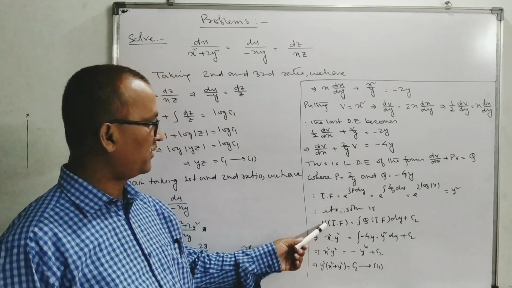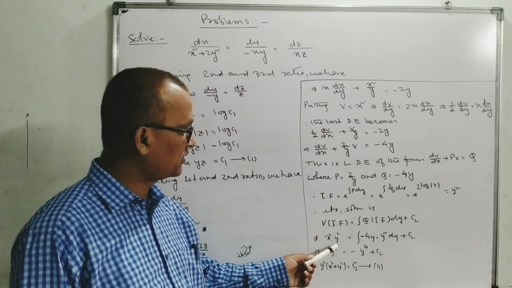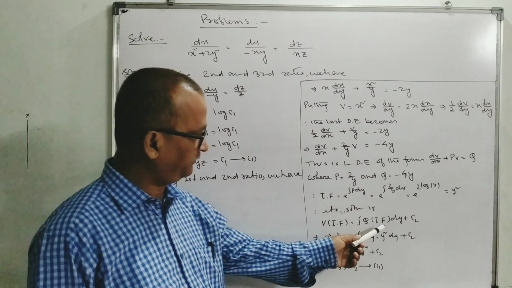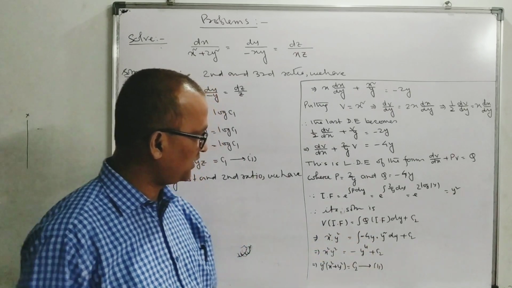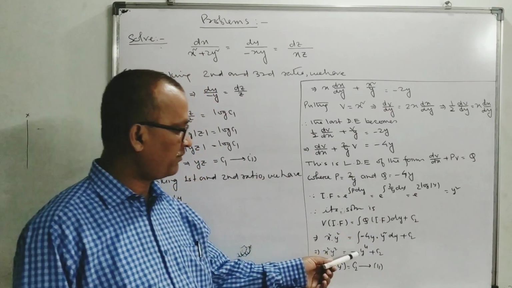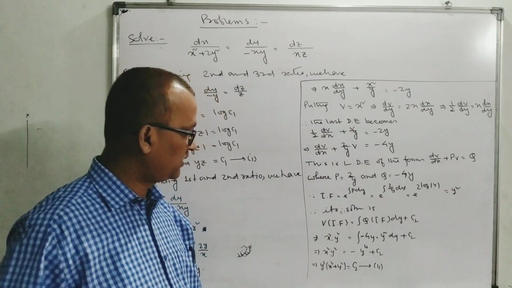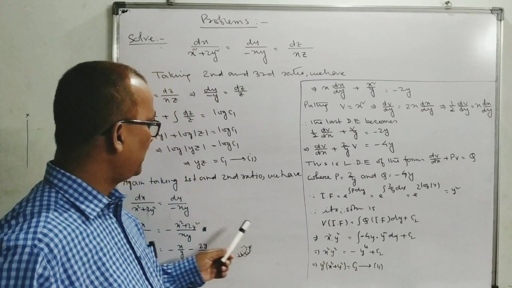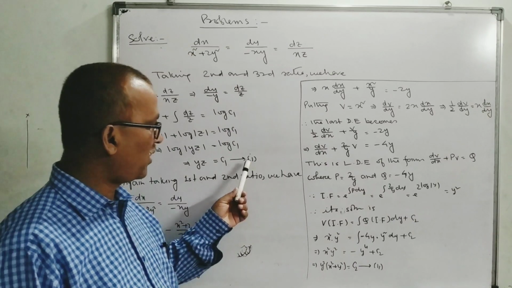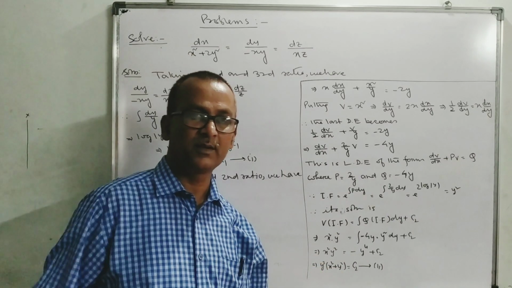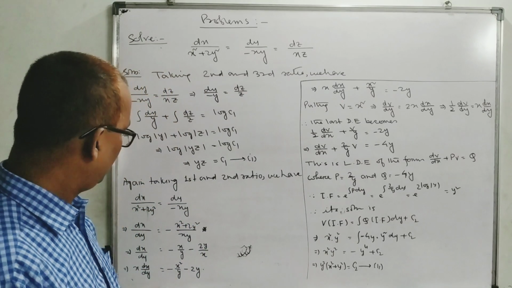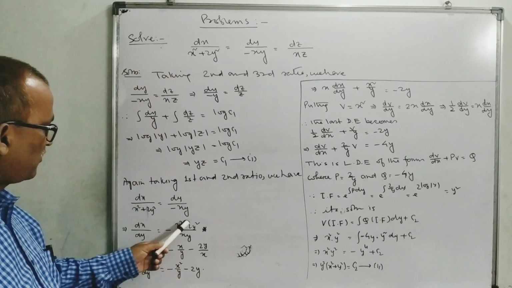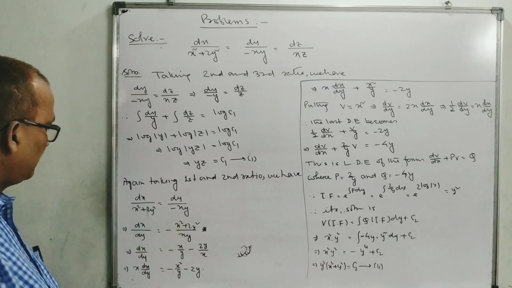So putting the values of v and the integrating factor here, q is minus 4y, the integrating factor is y square, dy plus c2. So this is x square y square equals minus y to the power 4 plus c2, transferring and combining, we get equation number 2. So the required solution can be obtained by combining 1 and 2. But in this problem, one star mark is given here, dx by dy equals minus x square twice y square xy. This can be solved from this equation.